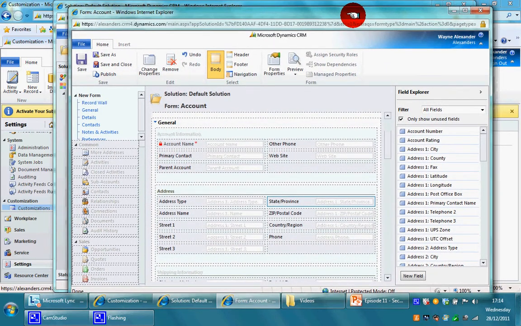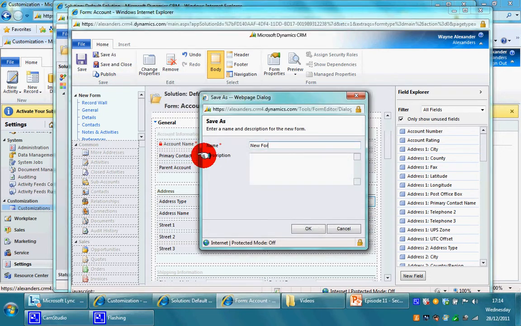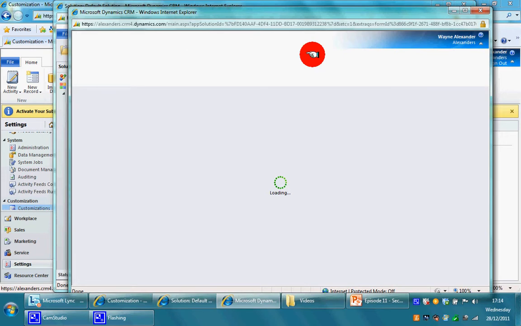So I've created my new form, and all I'm going to do is click on save as, and I'm going to save this as form for sales as an example, and I'm going to click OK. Now you'll notice the moment I click OK, wait for it to load through,